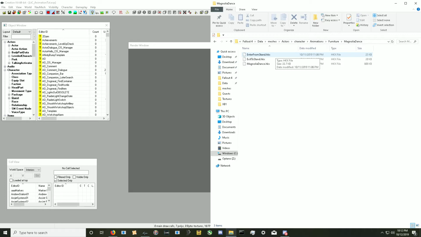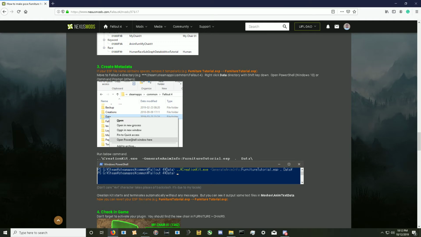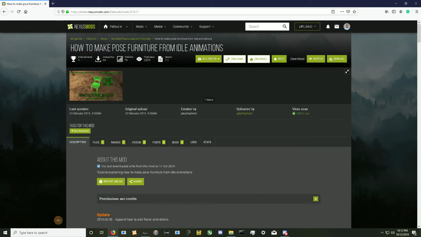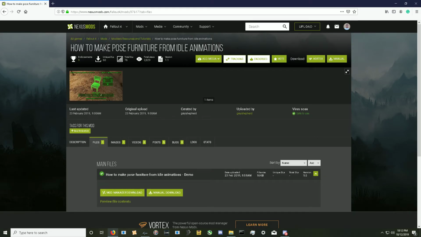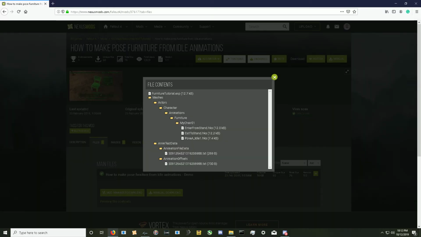and you're also going to need this enter from and exit to animations, and then your animation that you extracted. When you download this tutorial, go to files. You can see he already gives you the enter from and exit to files, and you're also going to need your animation text data,